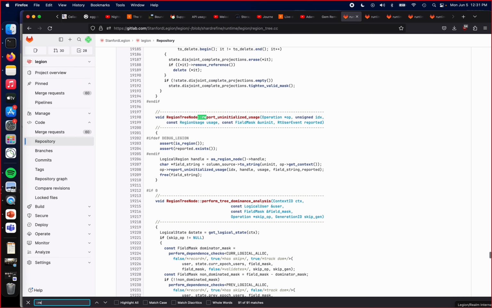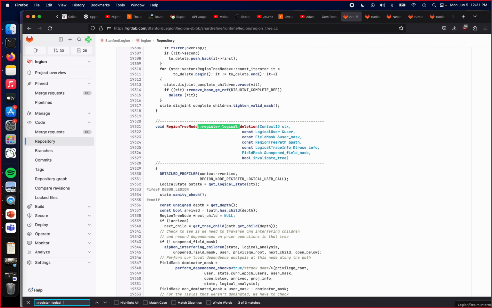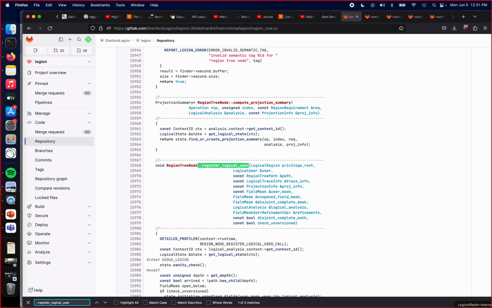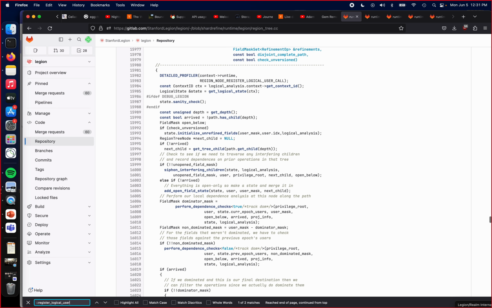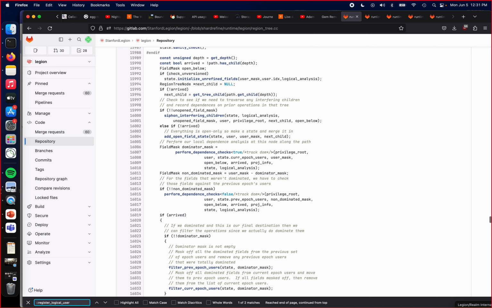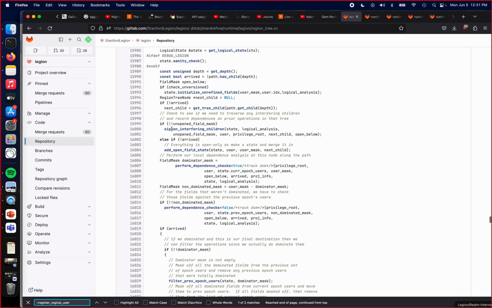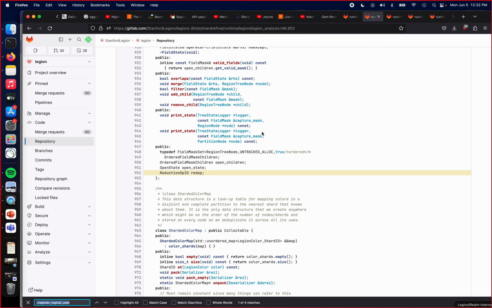Okay, so let's jump back to register logical user here. Make sure I'm at the right one at the top. Okay, I think this is the right one. Yep. Okay, so after we've siphoned our interfering children, the next important thing, which I mentioned a little bit in the previous talk, but I want to go over in some more detail, is perform dependence checks. And so if we actually look at the logical state class over here,